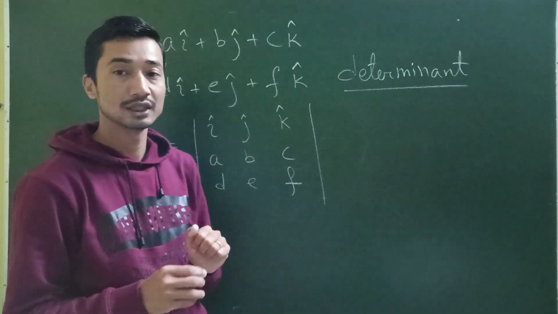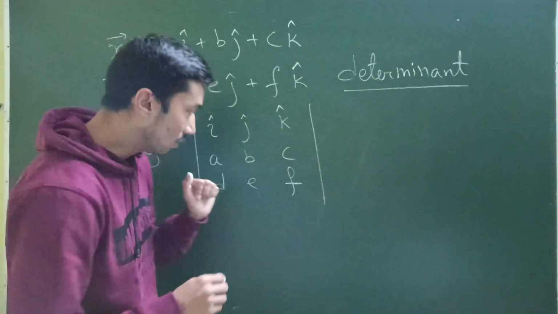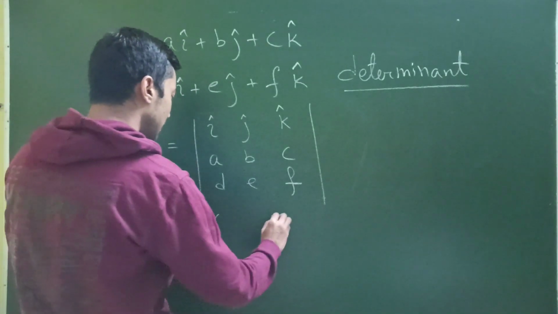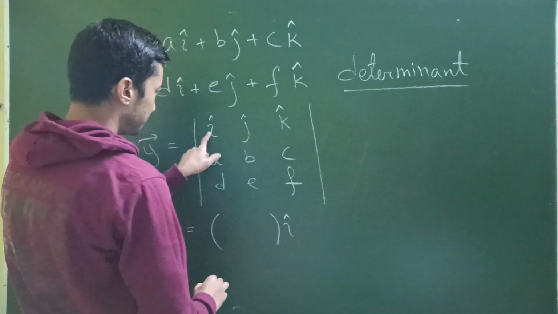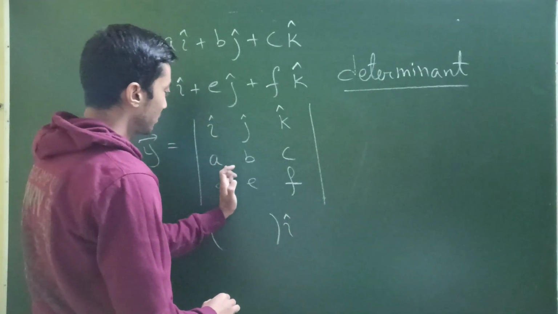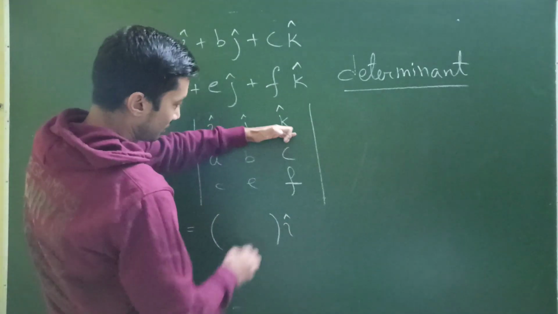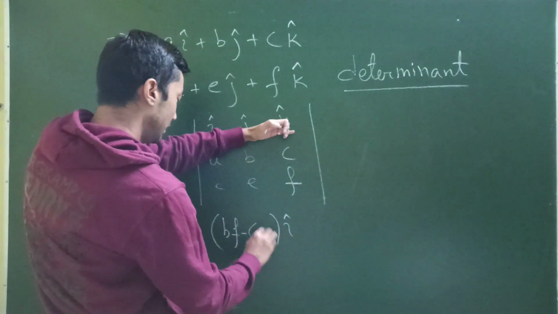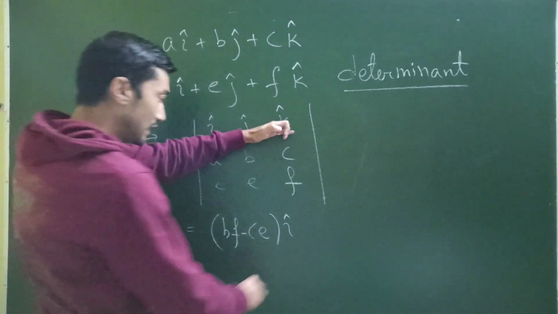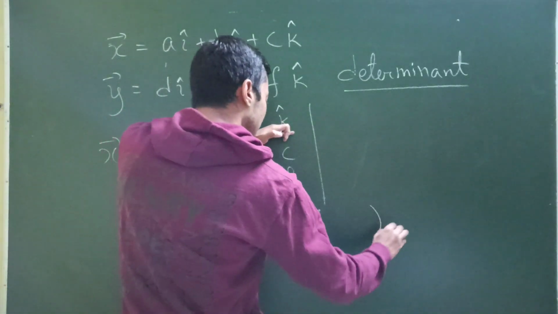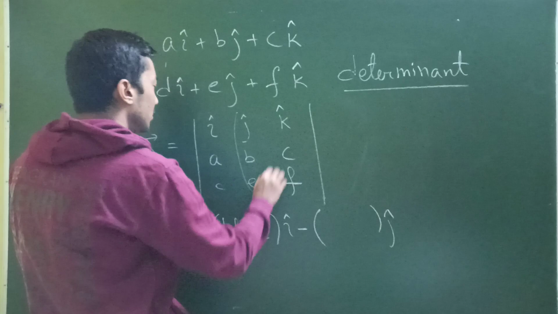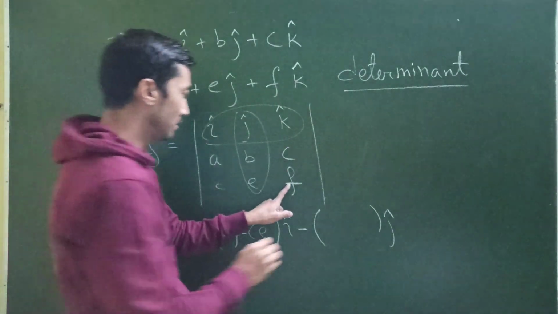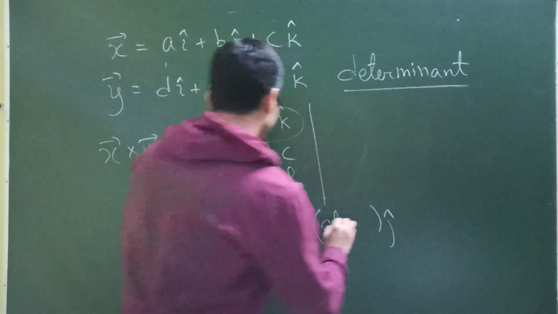Expand along row 1. Okay, expand along row 1. That is, how do we expand along row 1? That is i cap. So we neglect this row and this column. So that will be b into f minus c into e. Wasn't it? Minus j. Now expand along this by ignoring this row and column. That is a into f minus